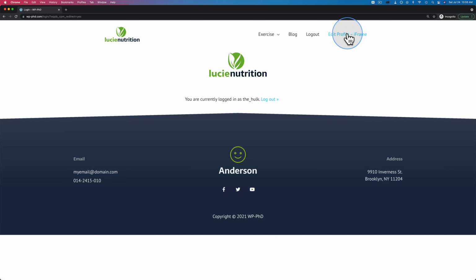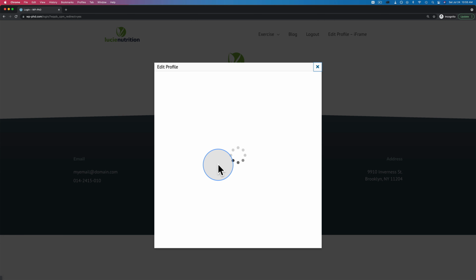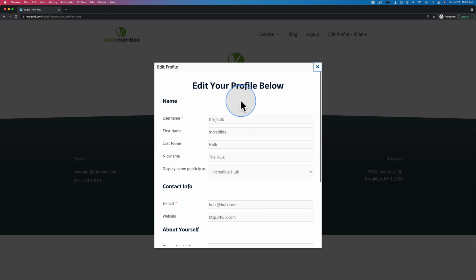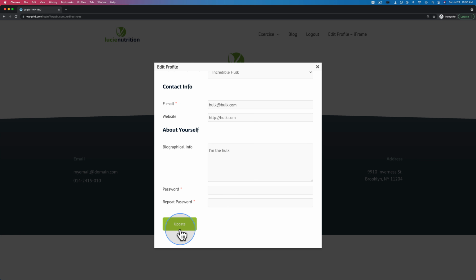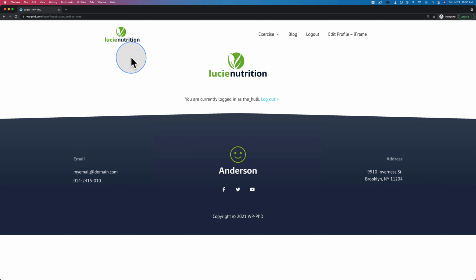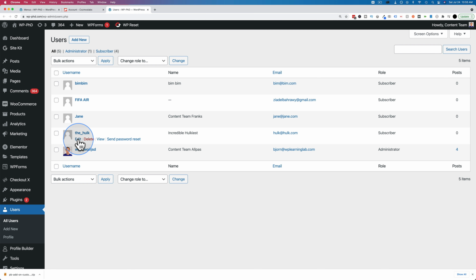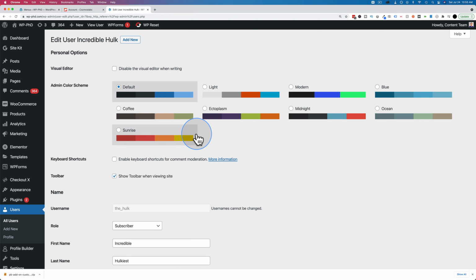Let's refresh, click on iframe. Allows us to edit the profile in this modal pop-up right here, which is pretty slick. And any changes we make in here are going to be changed in the profile. Just to prove that to you, let's rename them to the Incredible Hulkiness and click on Update. And now if we go back into the site, let's go to Users and the Hulk. It's right there. Incredible Hulkiness,